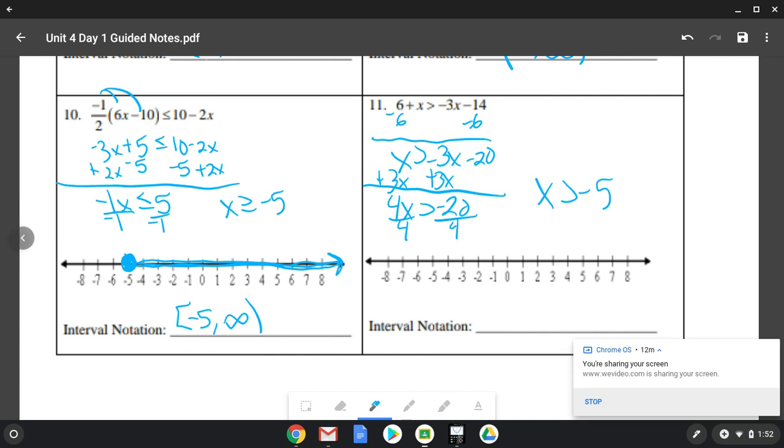So now we go to negative 5. We have an open circle. The arrow is pointing to the right, so it's shaded to the right. And that's what it looks like for our graph. And then for interval notation, it's negative 5 with an open circle, so it's a parenthesis. And then we always put a parenthesis